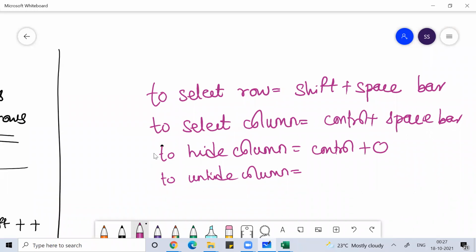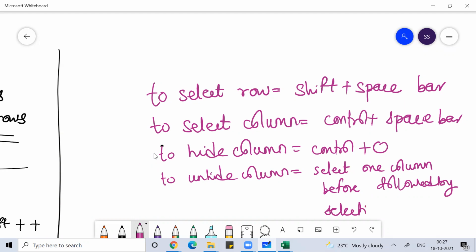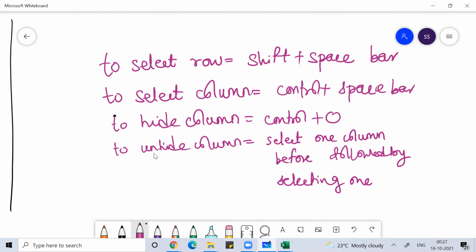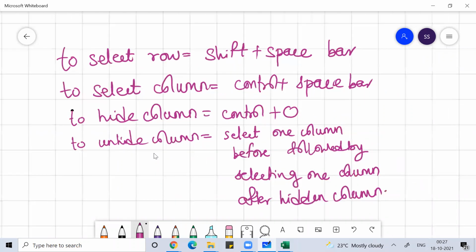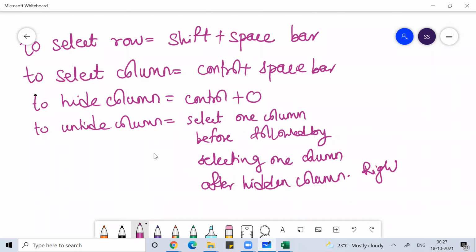To unhide, you can select one column before the hidden column, followed by selecting one column after the hidden column, then right click on the mouse, and after you do right click, you can do Unhide.